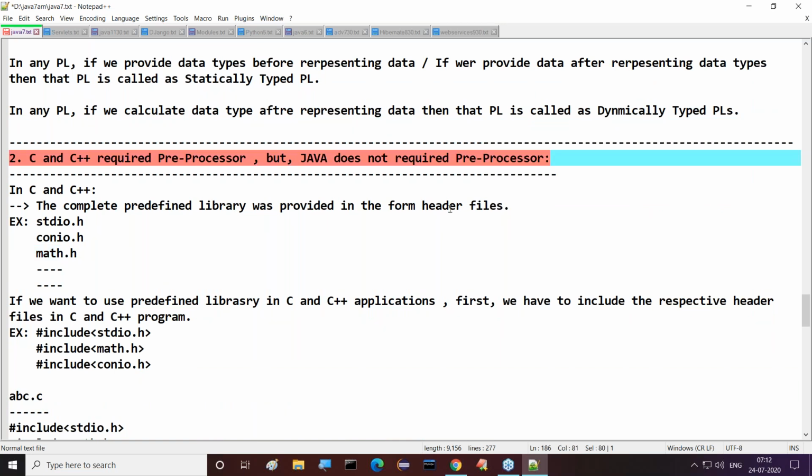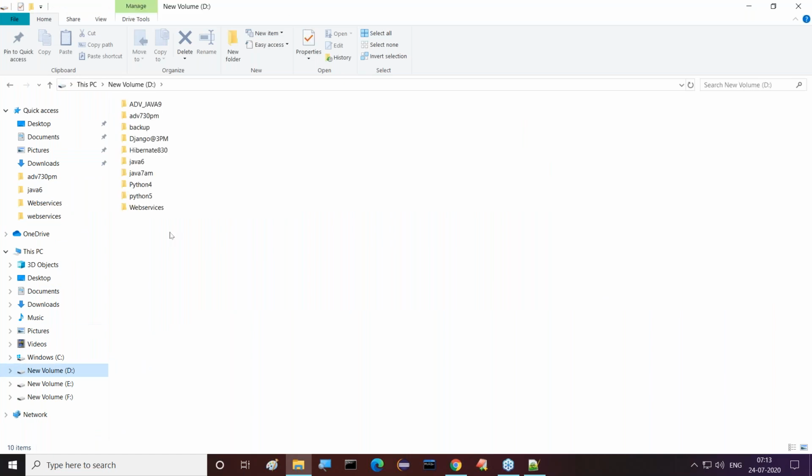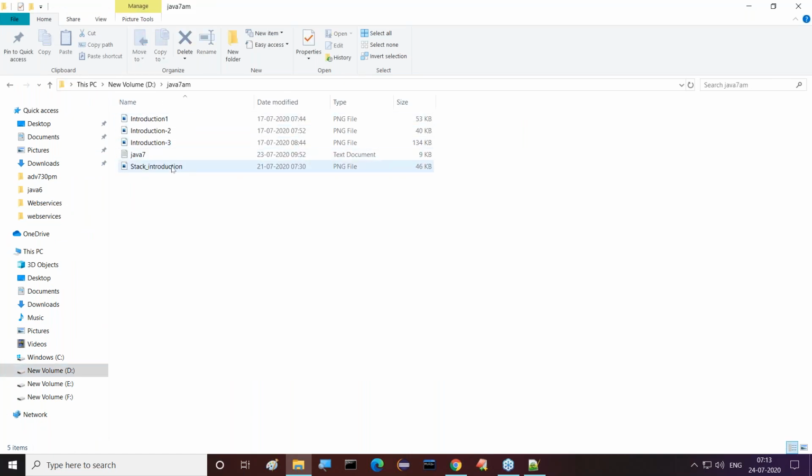C and C++ required preprocessor, but Java doesn't require which one? Preprocessor. But first of all, we have to understand what is preprocessor, where preprocessor exists in the programming languages, and what its responsibilities are. If you come to this preprocessor and its responsibilities, now,